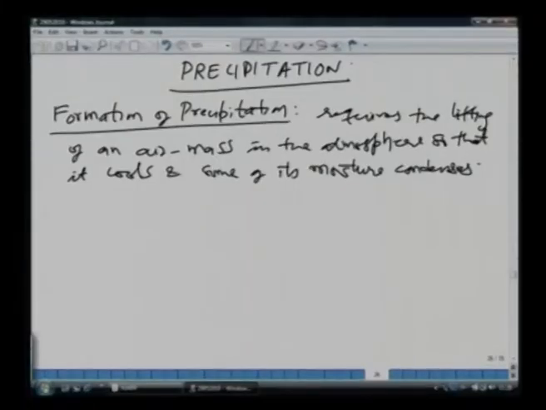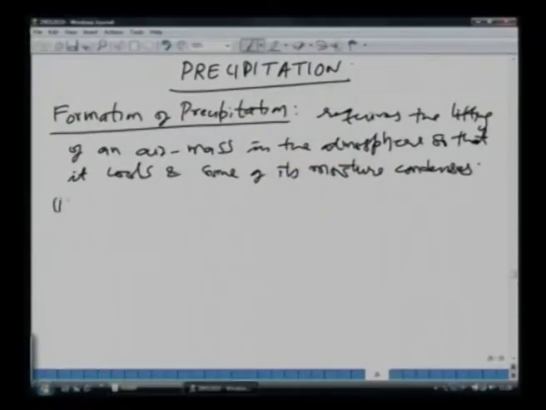All right. Now, there are many ways in which an air mass can get lifted up. Okay. I am sure you may have seen there are different types of precipitation. All right. You may have heard about what is a frontal precipitation, what is an orographic precipitation, and what is a convective precipitation. They correspond to different mechanisms of lifting of the air mass. All right. So, there are 3 basic mechanisms through which a moist air mass will get lifted up. What are those? Well, I just said them and we will just write it again.